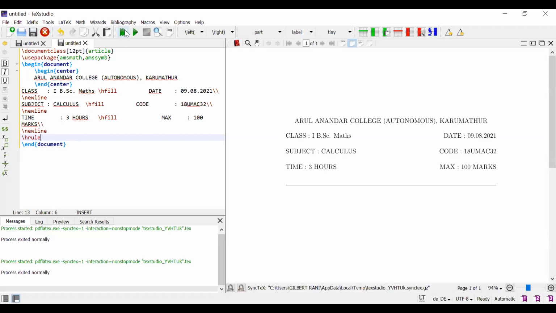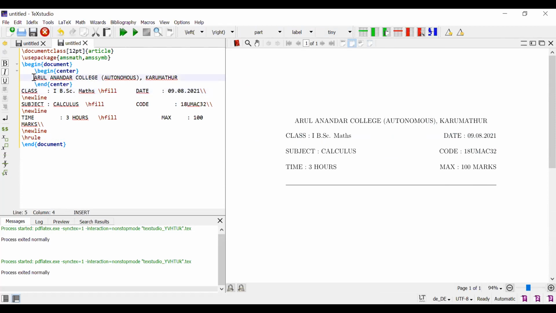Now compile. See here. Suppose we want neat alignment. Subject, I want to date this one. hspace, don't leave the hspace.